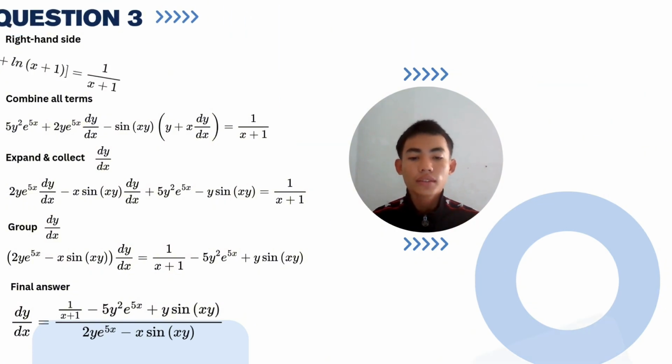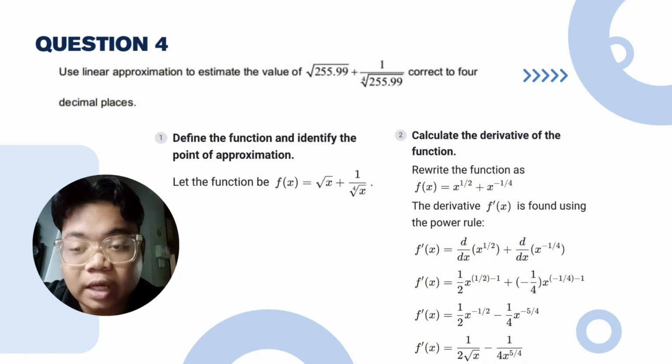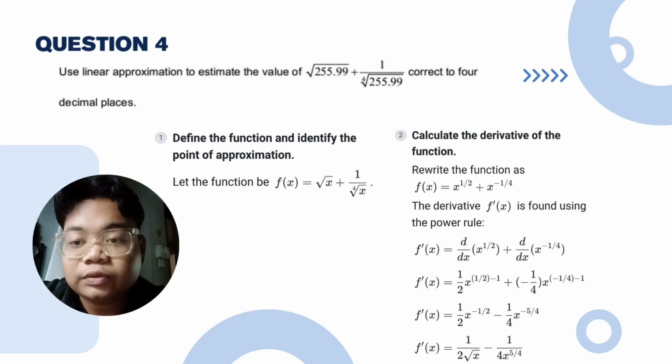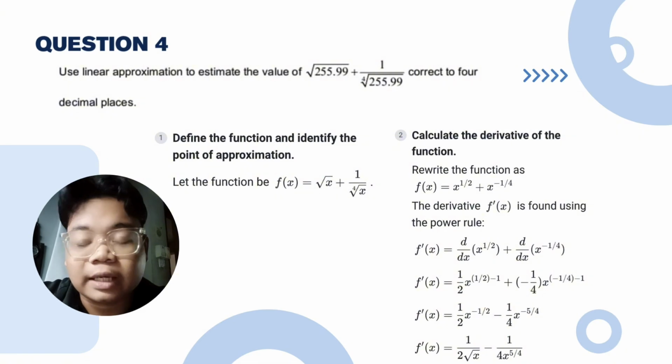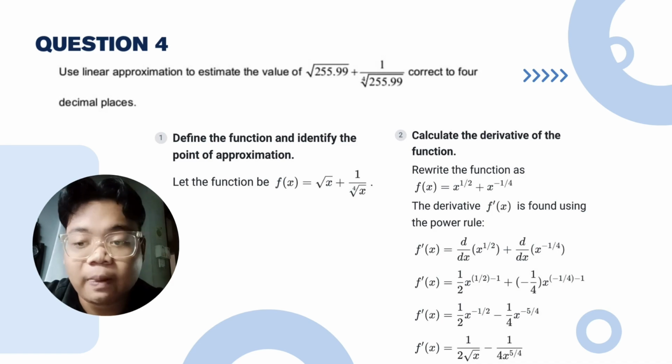For question 4, use linear approximation to estimate the value of the square root of 255.99 plus 1 over the fourth root of 255.99, correct to 4 decimal places. The answer is 16.2496. For the explanation, step 1 is to define the function and identify the point of approximation, where